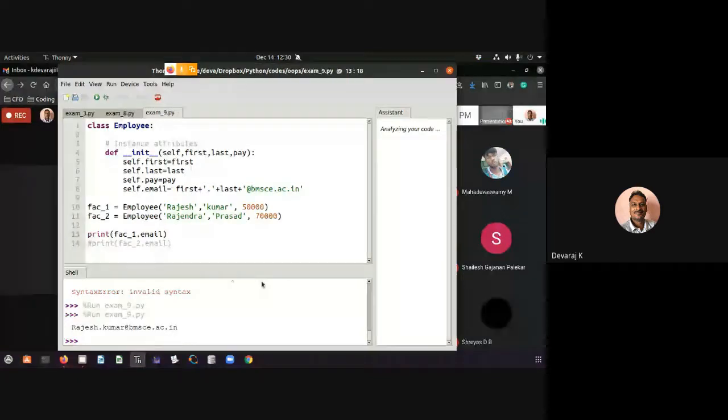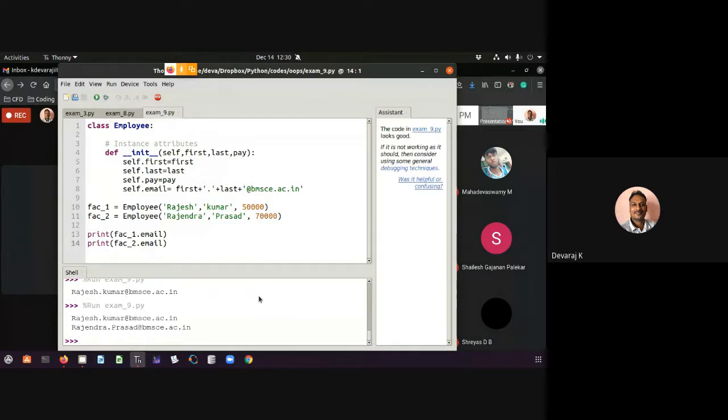See, I am getting the first person faculty 1 email. So if I try to put faculty 2 email, check it. So what is it? Because see, look at that. What I have defined, it is taking this particular thing. Say I can have n number of faculties like this. Maybe in a department I have around 50 faculties. I will be defining each and every one. This is a common interface what I am writing, and I have a single interface, single instance attributes what I have.